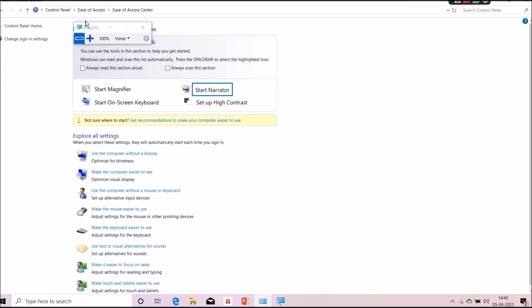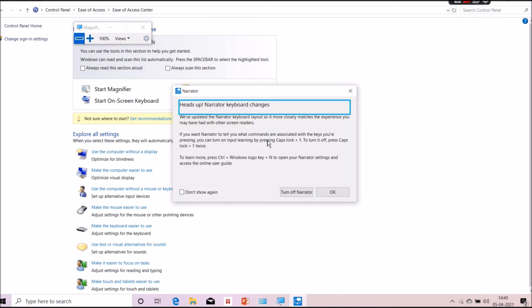Whatever is there on the screen, it will read. That means you no need to read. The narrator only will start reading. If you click on narrator, it will start read.